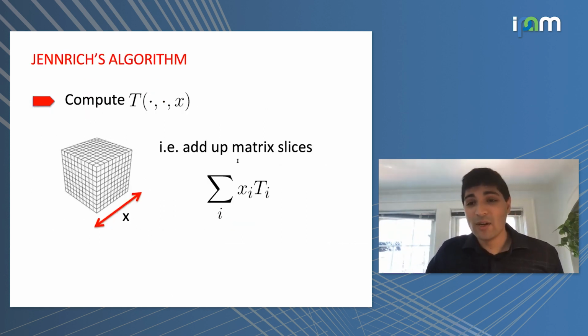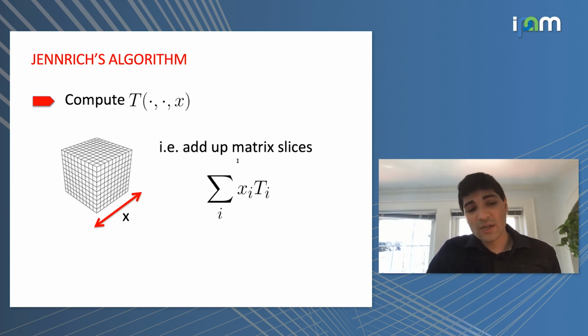So let me tell you Jennrich's simple algorithm. I remember I had to jump through quite a few hoops to find this paper. Very hard to find. But sitting in the middle of this paper from the 1970s was this short one-page proof of this algorithm, and it's beautiful. So I give you this tensor T. How am I going to find these hidden factors under the conditions stipulated by Jennrich's theorem?